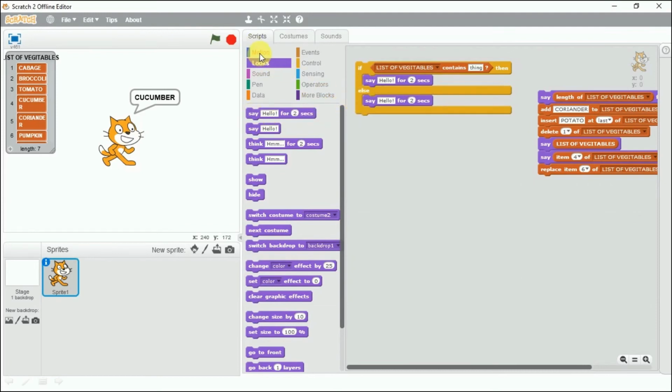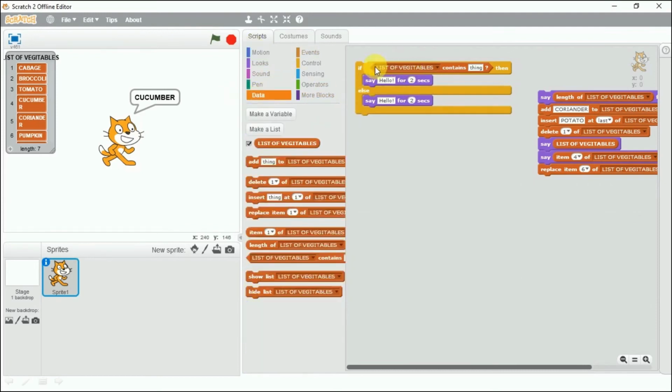Now I want to ask if the list of vegetables contains apple, so say yes, we have it. Okay, and if it's not there in the list, just say sorry, no.